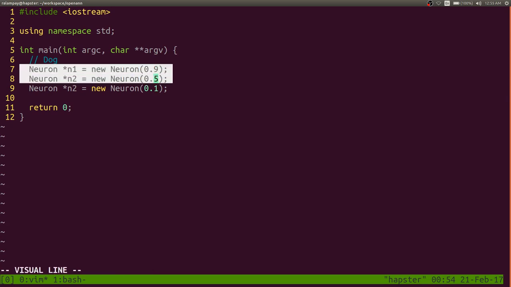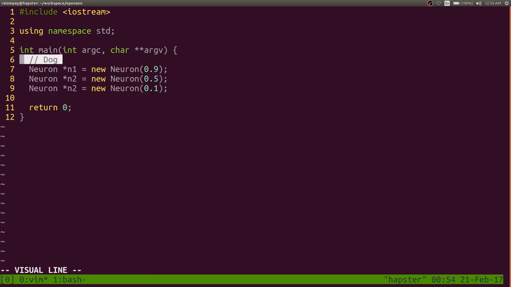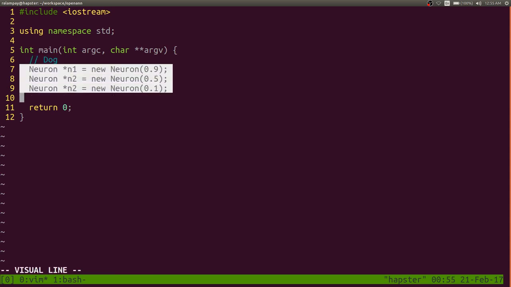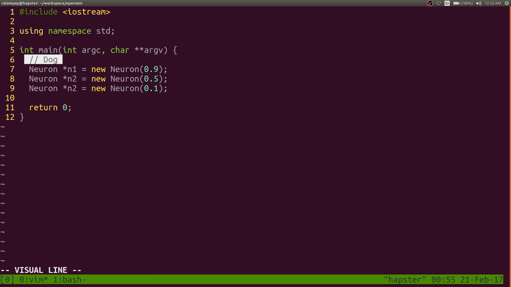So these neurons will actually represent that dog, and then we'd like to learn this particular pattern and say that, okay, given these values, this one is actually a dog. Right? So these are otherwise called our input neurons, wherein these neurons would hold values relating to the input data